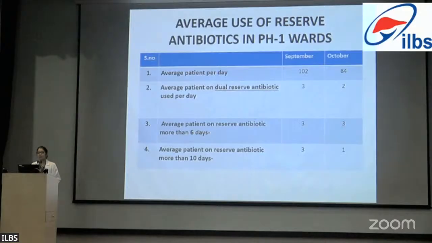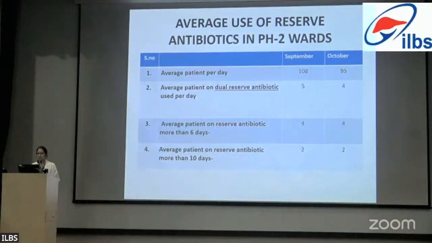Now we'll talk about the average use of reserve antibiotics in phase 1 wards. This includes all the wards in phase 1. What's important to note here is that the patients who were on dual reserve antibiotics were around 3 in September and around 2 in October. Patients who were on reserve antibiotics for more than 6 days were around 3 in both months, and patients who were on reserve antibiotics for more than 10 days were around 3 in September and